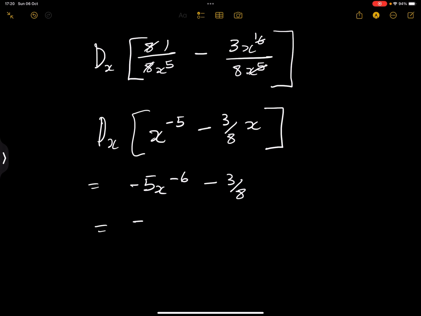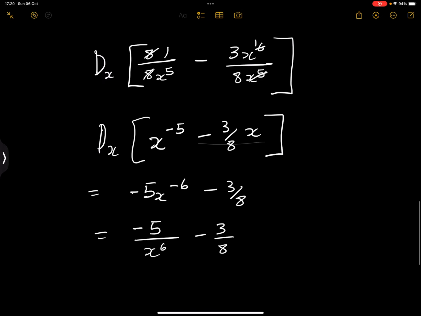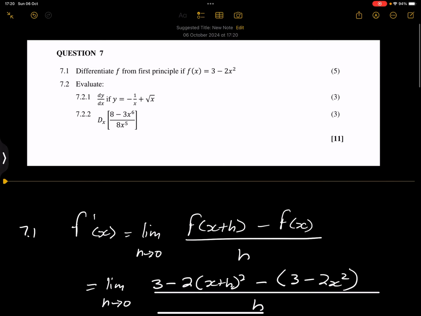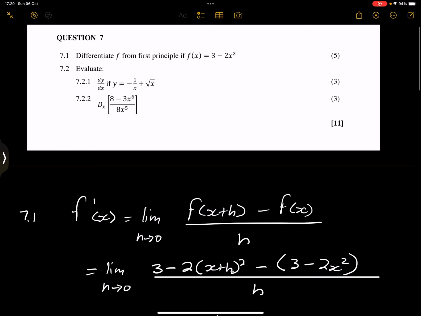Or we can say this is minus 5 over x to the power 6 minus 3 over 8. Right, and that's really it when it comes to differentiating there. Right, and which brings us to the end of this question. Right, I hope that you were able to understand, and as we go into the next section,